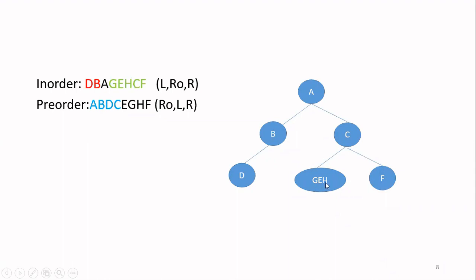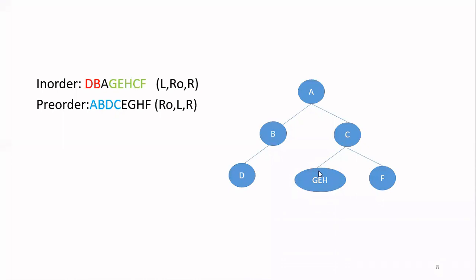But here, G, E, and H, there are 3 nodes available. So out of these 3 nodes, you have to identify the root node for this particular subtree. So now, go to the pre-order traversal and check out of G, E, and H from the leftmost direction. I am starting from here. When I travel like this, first I am encountering the node E that is in this list. So out of G, E, and H, E is appearing in the leftmost direction in the pre-order traversal. That means for this particular subtree, E will be the root node. So I have identified the root node.